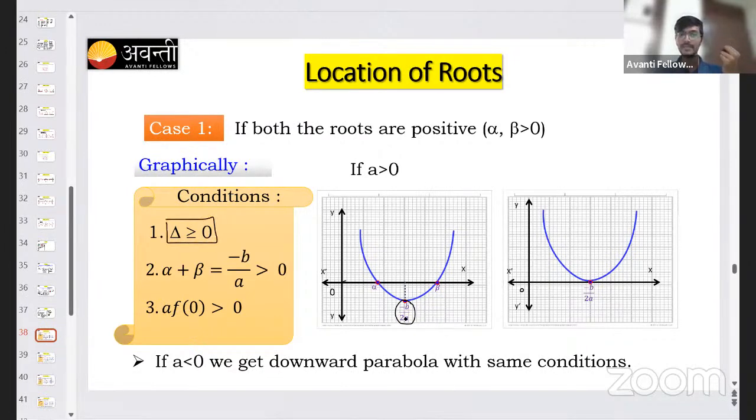ये minus b by 2a, minus b by 2a, 2 तो constant है ना. So minus b by a से क्या आता है? Sum of the roots. Sum of the roots is minus b by a. तो हम लोग minus b by 2a में 2 constant है, उसको हटा देते. 2 खाली क्या करेगा? वैल्यू कम करेगा ना, but positive तो positive ही रहेगा. 4 का half 2 हो जाएगा, but it will always be positive. Sum of the roots will be greater than 0. क्यों? ये पॉइंट देखो ना,